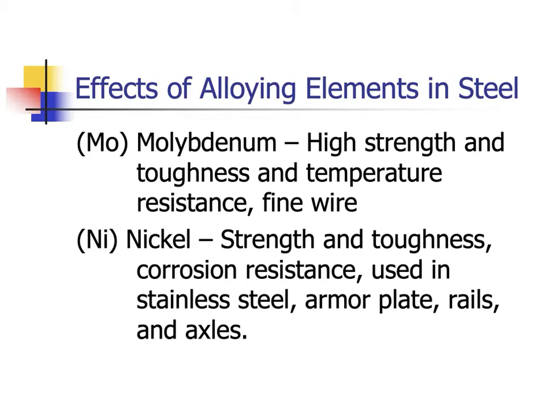Nickel is added usually for toughness. Armor, also stainless steel. It's a secondary ingredient in stainless steel. What nickel does is make stainless steel non-magnetic. There's a lot of stuff that I would have to explain for you to understand why that is. But essentially, the type of stainless that is non-magnetic, like this is probably non-magnetic stainless,